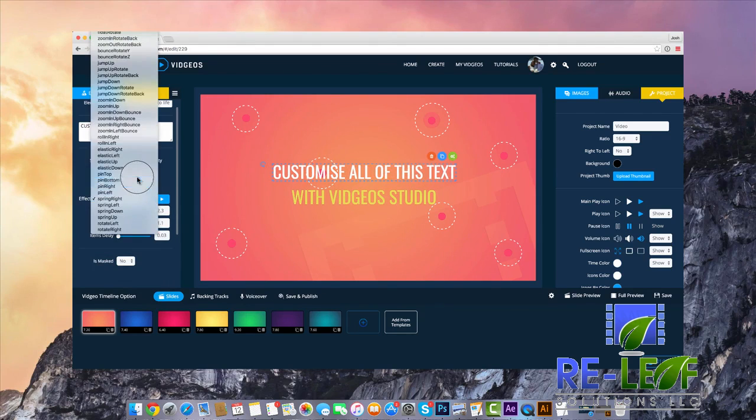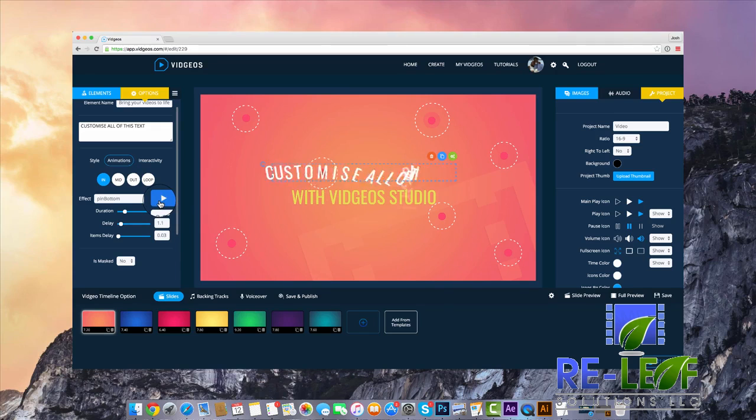Or maybe you want to go with pin bottom, like this one. And we can preview that as well. You can adjust the duration and you can adjust the timing that it comes onto the video, and you can also adjust every single element. So if you want to go through and animate them in one kind of order like that, you can go through and do that as well, like so. So it comes on one at a time, or you can bring it back so that it comes on